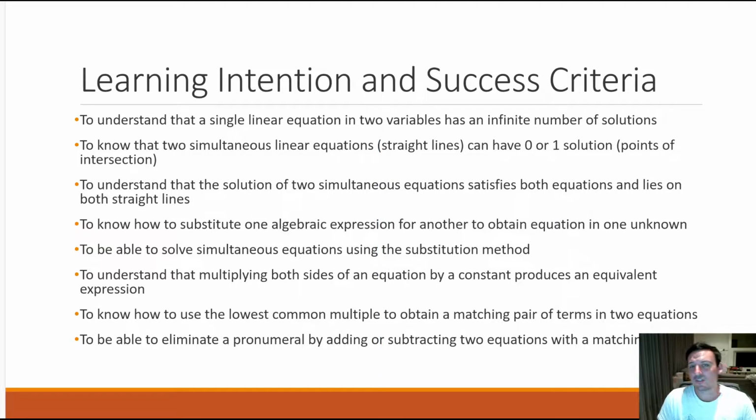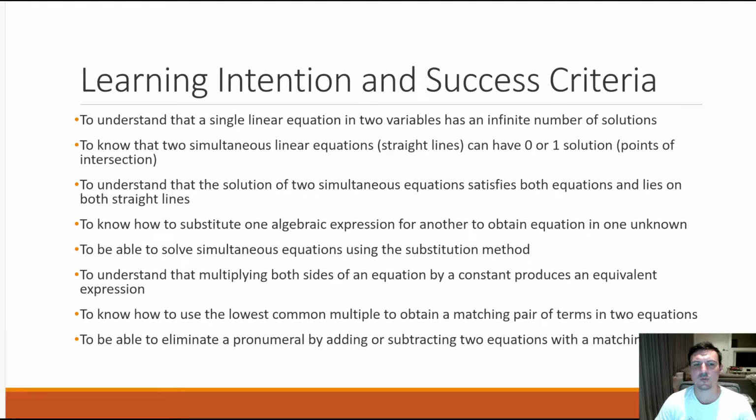So our learning intentions for today are to understand that a single linear equation in two variables has an infinite number of solutions, to know that two simultaneous linear equations or straight lines can have none or one solution, which is what we call points of intersection, to understand that the solution of two simultaneous equations satisfies both equations and lies on both straight lines, to know how to substitute one algebraic expression for another